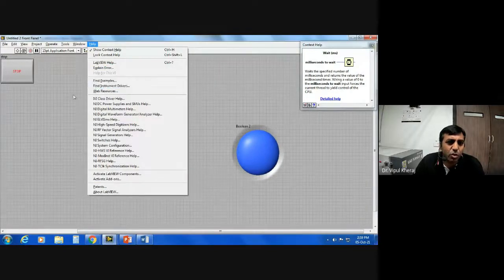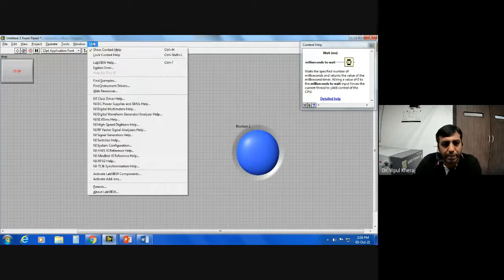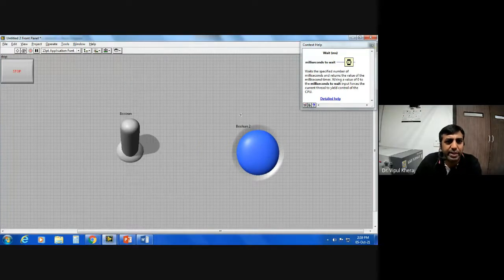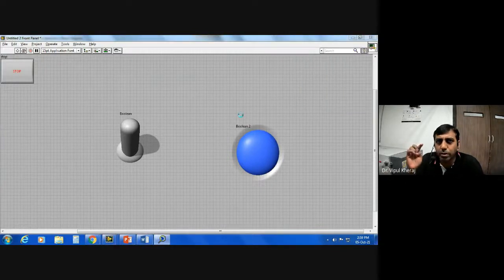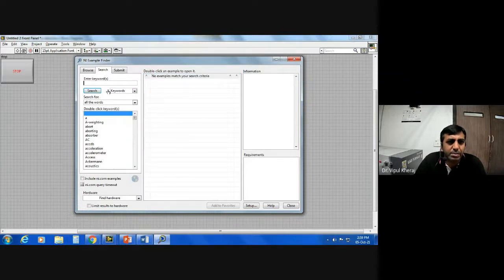Yes, find examples, or you can simply right click and find examples as well, or you can go from the main panel. But anyway, you'll go from here, find examples. All the examples of all the tools are available. For example, moon landing, I found it from the examples only. There are various games, a lot of other games are also there.